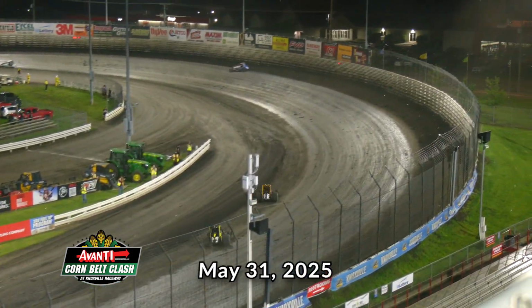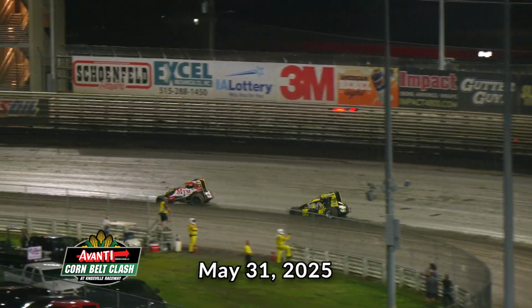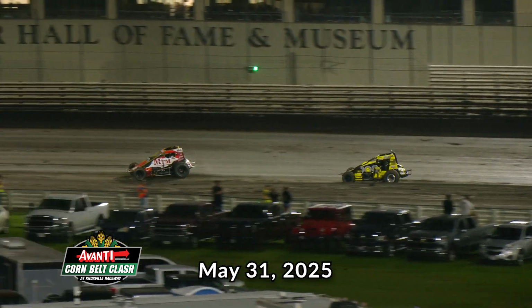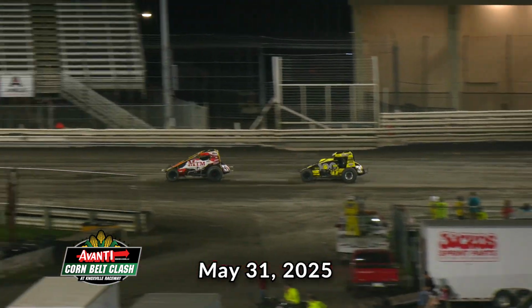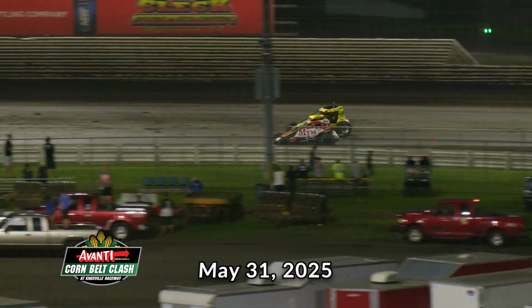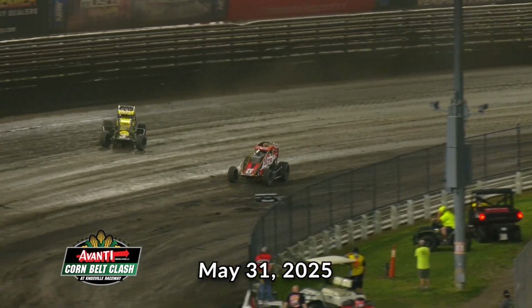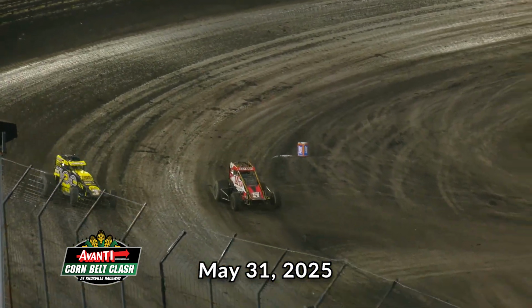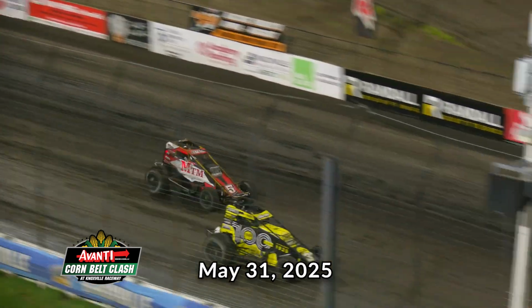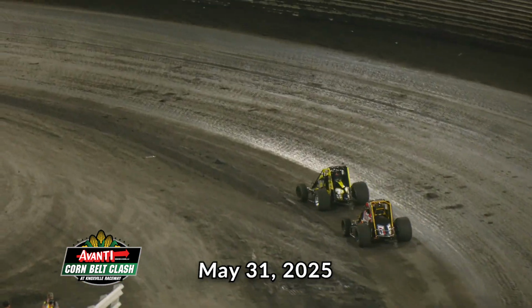Definitely one to keep your eye on. Jerry had said before the race, I got to get some speed out of these guys here tonight. Well, they found something, because the longer we're going, the better that car is getting. He is reeling in Gunnar Setzer in a hurry. We're starting to see some of these guys flex their muscle a little bit, starting to get settled in and starting to pass some cars as Kyle Cummins does so in turn number 4 now, battling for position off the outside at turn number 4. He'll get the spot away from Gunnar Setzer at the flag stand, put Kyle Cummins up into the 4th spot,